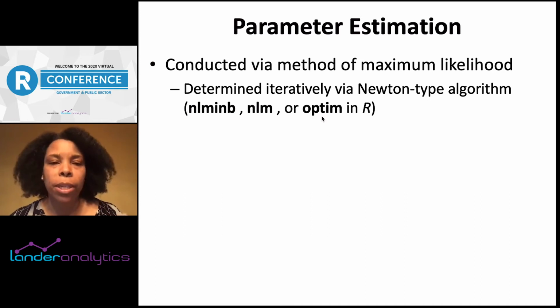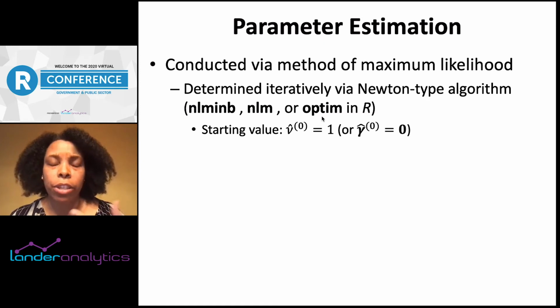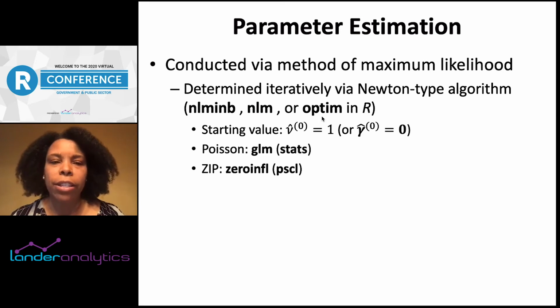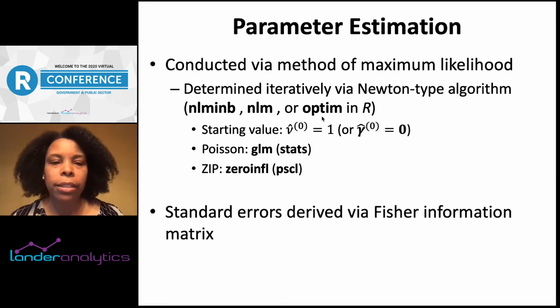And hence, the function that one would supply would actually be the negated log likelihood form of the function of interest. And with this optimization, the advised starting parameters or starting values would be those values which, say, we consider under a Poisson model. So be it either regular Poisson regression or the zero inflated analog, depending on your model of interest. And so with those starting values in place, then the optimization procedure can occur and we can obtain our estimates. And meanwhile, we can maintain the form of the underlying Hessian to establish our Fisher information matrix and thus obtain our standard errors.